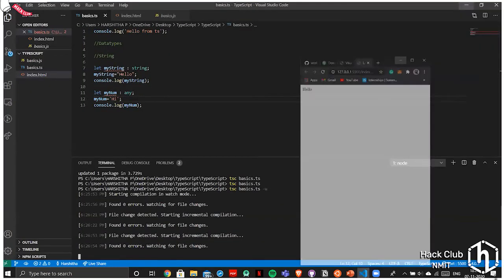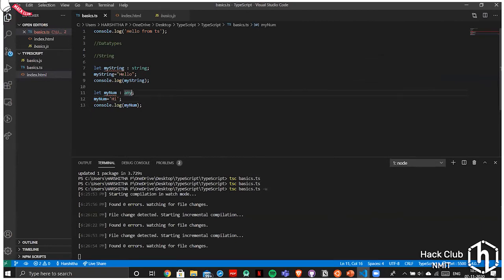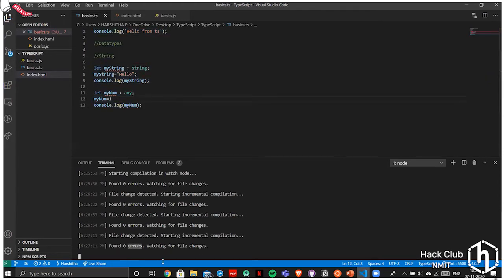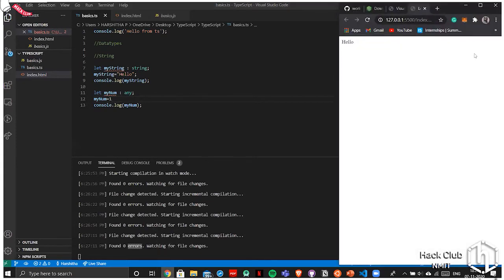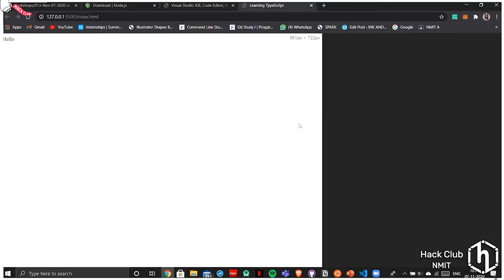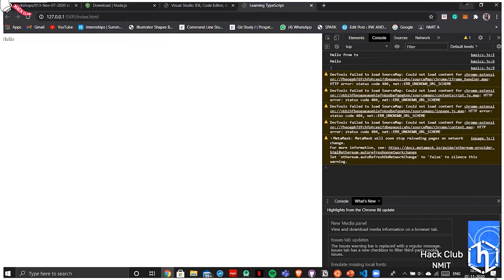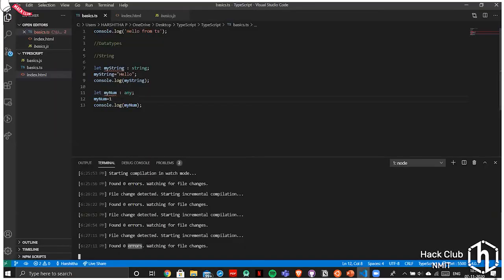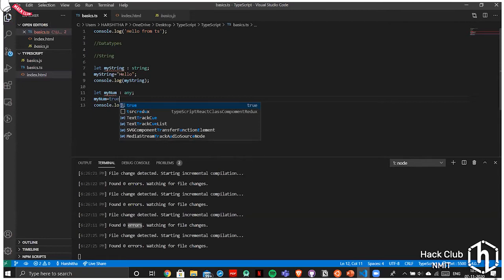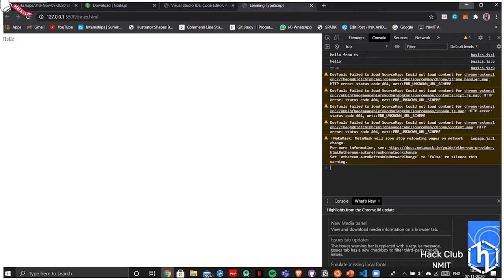And I'll show you a number, 1. Save, and then 0 errors again. And there's 1. And for those who want to see a Boolean, okay, true. And again, there's 0 errors and true.